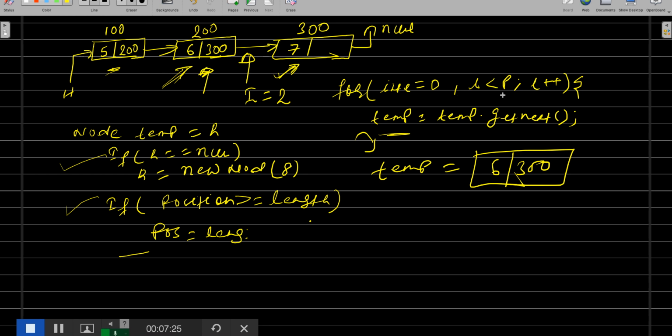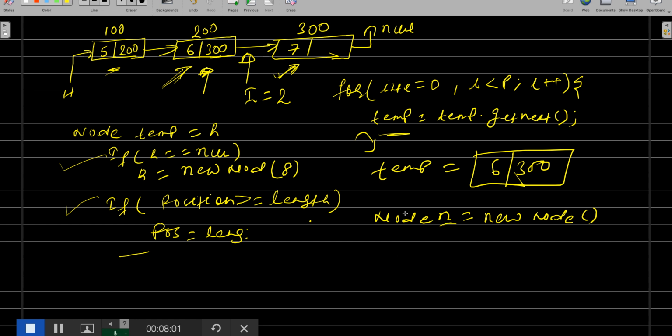And why less than position, guys? Because we have to insert here. So we have to store the address of this node into some temp variable. And why this is required, I will tell you. Now you came here. Now what will you do at this position? You just write whatever new node you have. Let's say you have created one new node, right? Let me write here: let's say Node n is equal to new Node, right? New node, and you have this n.